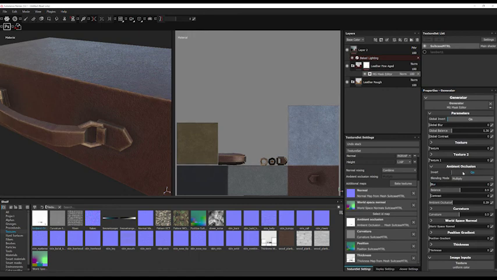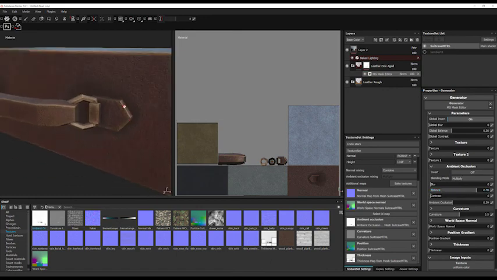I can invert this on and off. You'll notice what is being affected, right? So here's the balance of our ambient occlusion. As I begin to expand that, you can see anywhere that has ambient occlusion is going to show more wear. We can increase our